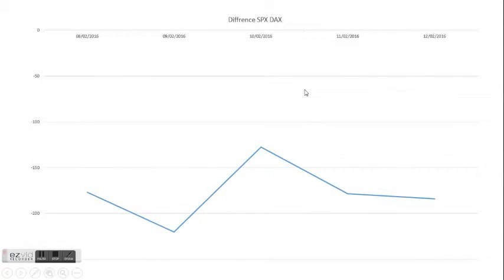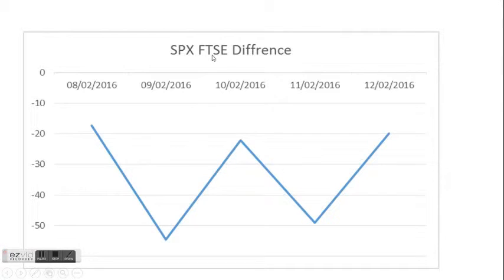That sums it up. SPX FTSE shows the volatility. This is what this graph does in the indices, really. You can see big S&P 500 strength, FTSE strength, S&P 500 strength, FTSE strength. Bam. Money's been flowing from one to the other, and from the other back to the one. It's big things. FTSE DAX.